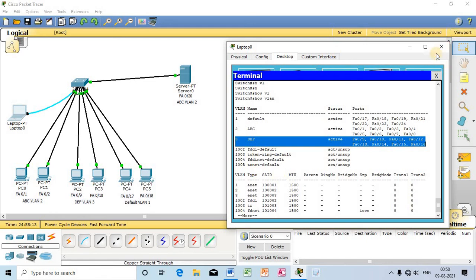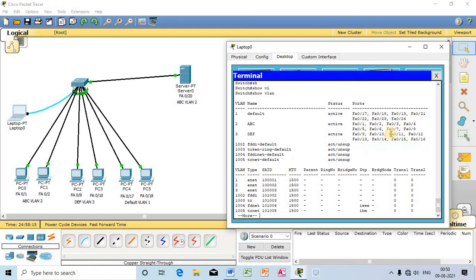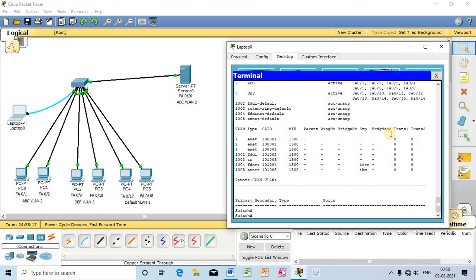So this is the way you can work with the VLAN setup with the process of obtaining IP addresses from the DHCP server. This is how you will configure a VLAN setup using the DHCP method of obtaining IP addresses.